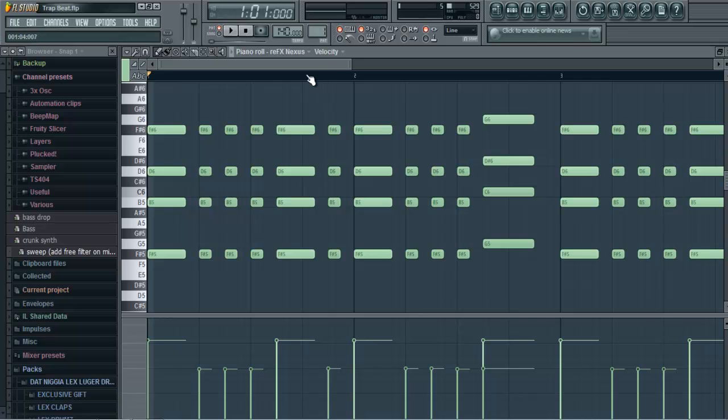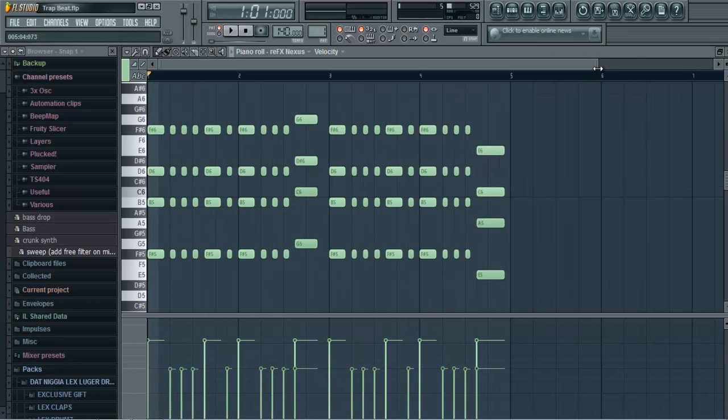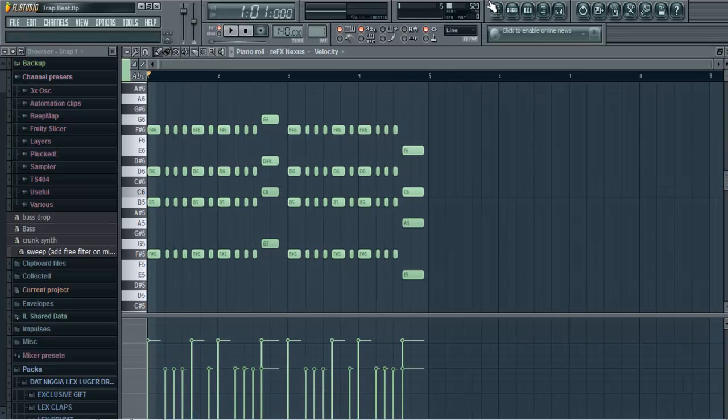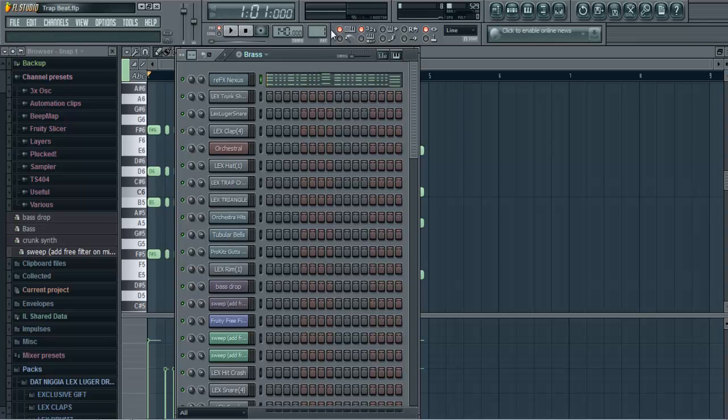First, you're going to want to make a brass pattern. I start off with making a brass pattern. I use any brass sound. I got mine from Nexus. And you're going to want to create a pattern such as this. So yeah, and then